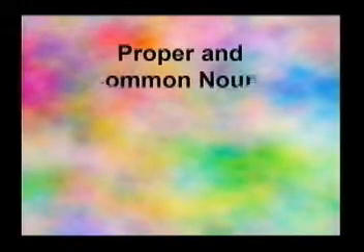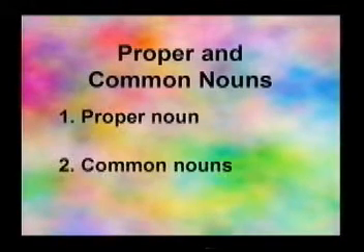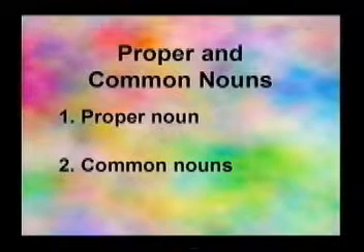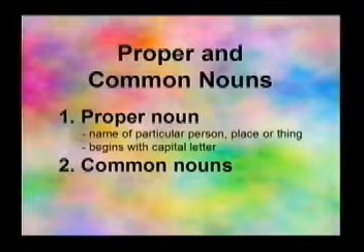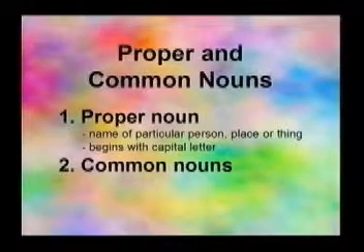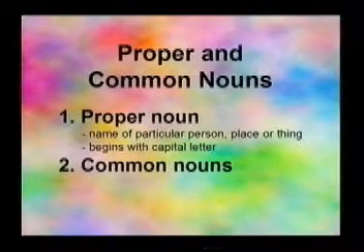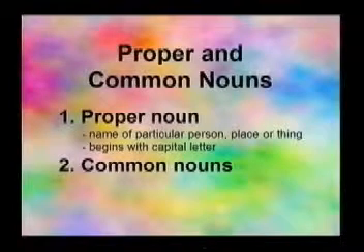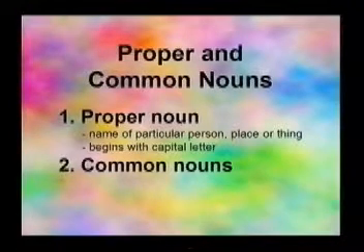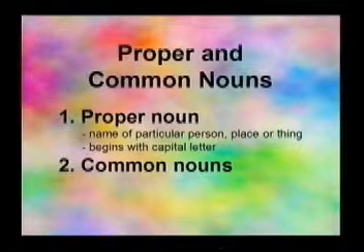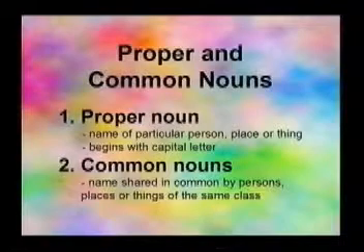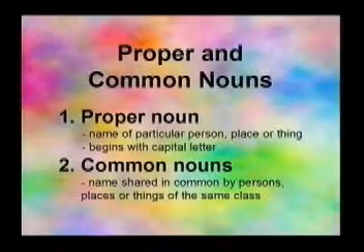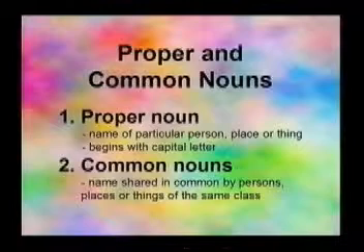There are 2 kinds of nouns: proper nouns and common nouns. A proper noun is a special name given to particular persons, places, or things, and it always begins with a capital letter. A common noun is a name shared in common by persons, places, or things of the same class. For example,